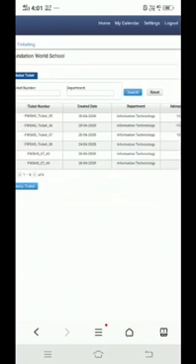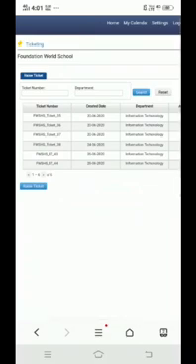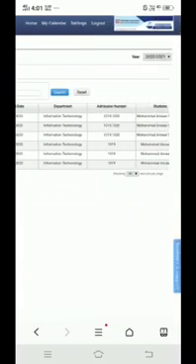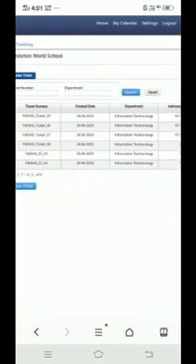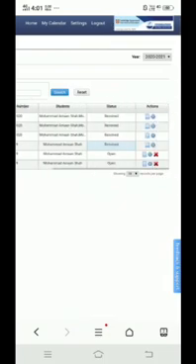Now here in the landing page, you can see the last one is what we created right now. Now going from left to right, you can see the status and the actions taken.